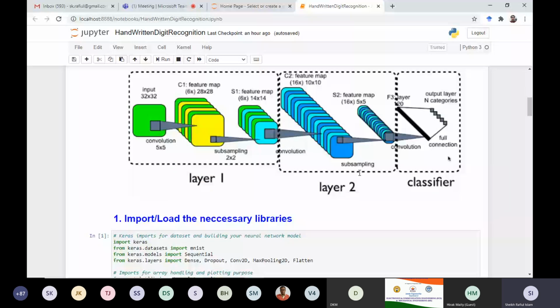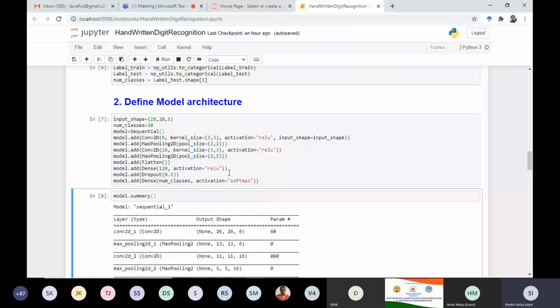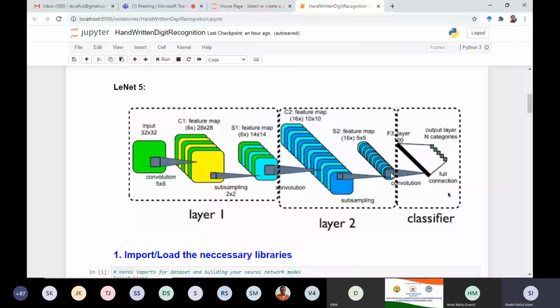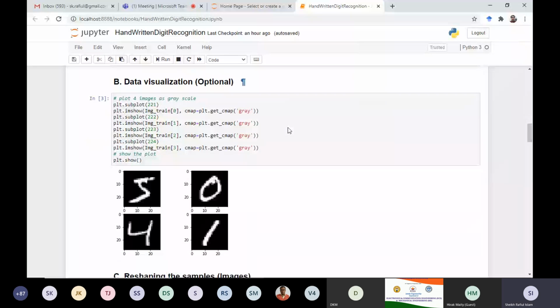For our case also 16 channels, but it is 3 cross 3, so the dimension will reduce compared to there. So again, you calculate the total number of elements present in this features map and multiply with 120 only, and you will have this value.